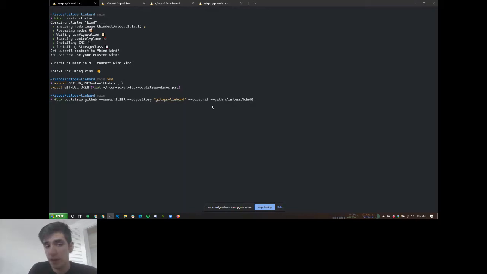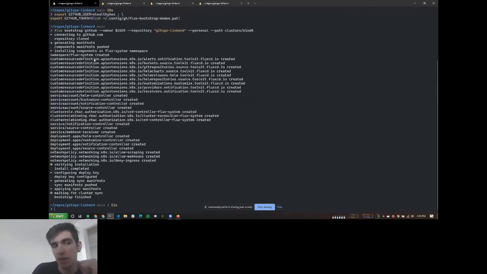So it installs Flux. And then it configures Flux based off of the options that I've supplied for my repo. It generates a token, it generates a deploy key. It uses my token to configure the repository with that key. And so if we actually go back to the, where in the world is my